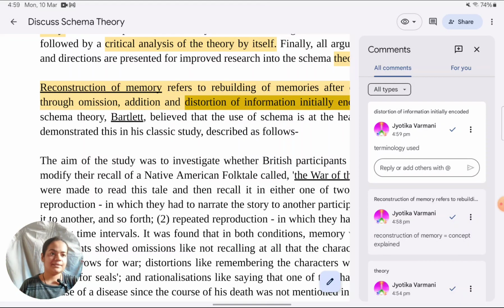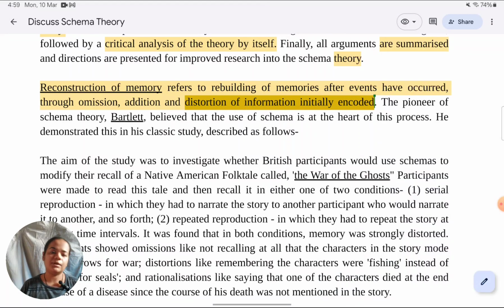Okay, Bartlett has been named, which is good. I don't emphasize too much on naming researchers and remembering years of research studies. But here why I'm saying it's good, because anyways, War of the Ghost studies by Bartlett. For the key studies, I will insist that you name the researcher. So it's easy to remember that he's the one who's given the theory. So when you remember the name, why not give it in the argument?